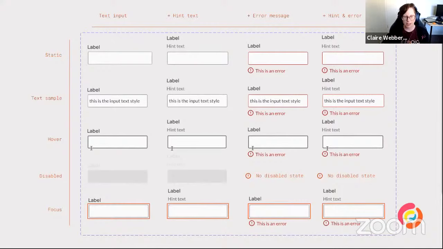We're having a look as well at states combined together. So what's it look like when it has an error and keyboard focus is another area that often accessibility is missing. That way we can have a look to make sure, as Sarah mentioned, that the color is good. We're not relying on only color for any of these states. And people can come and check the accessibility before it's implemented. We can improve on the component and all its states before we build it.